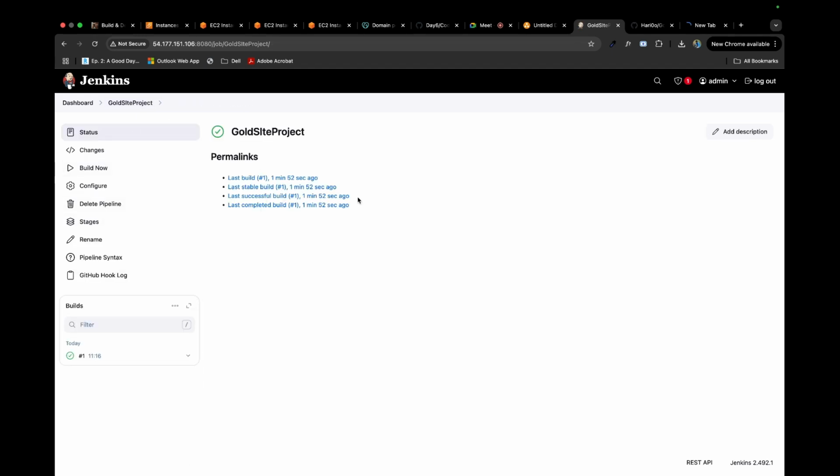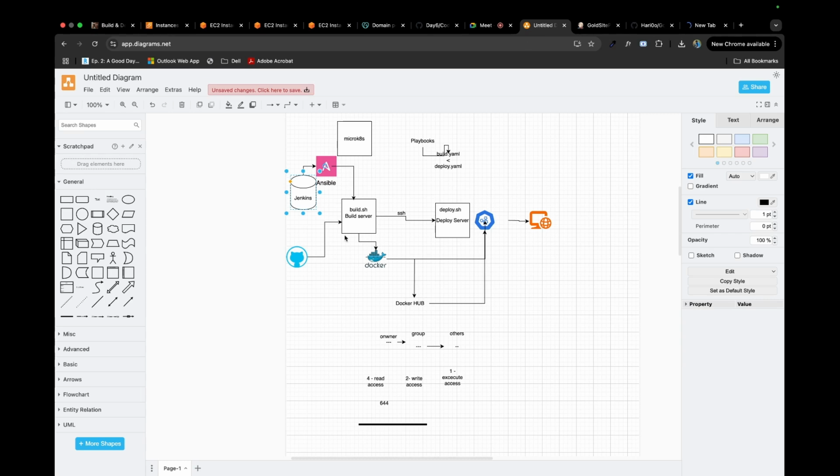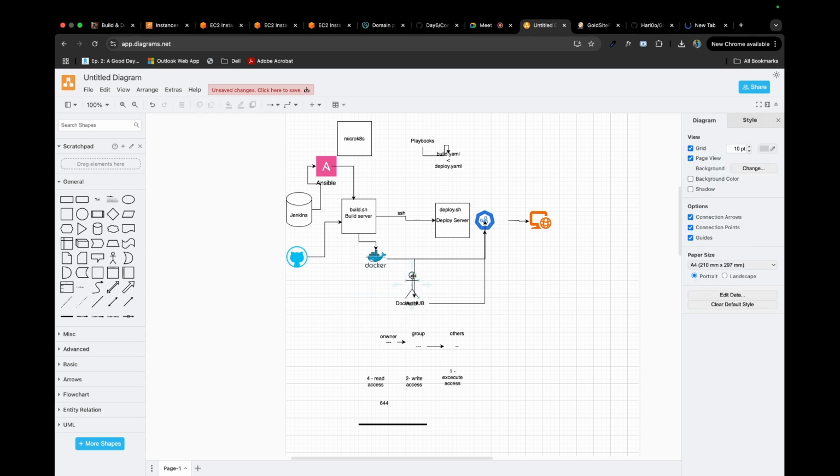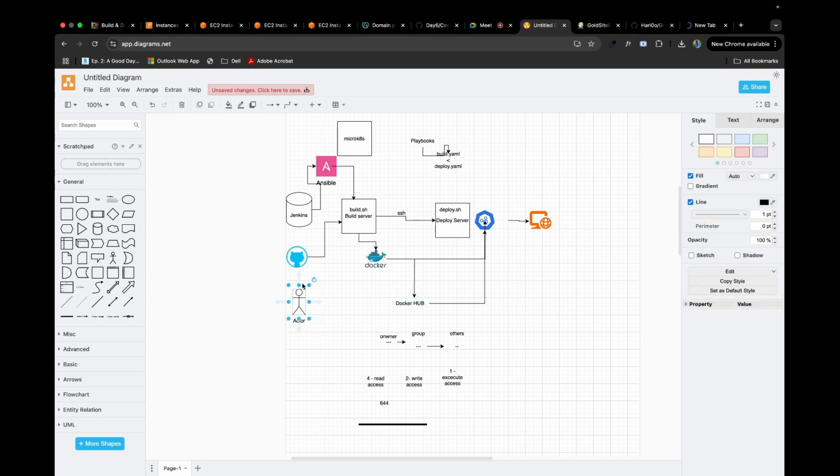Now we don't want to go and run the builds manually every time. Being a DevOps engineer, we want to make the developer's life easier. So whenever a developer makes changes in the code, he must not worry about this overall process, and we as DevOps engineers must not always be there to